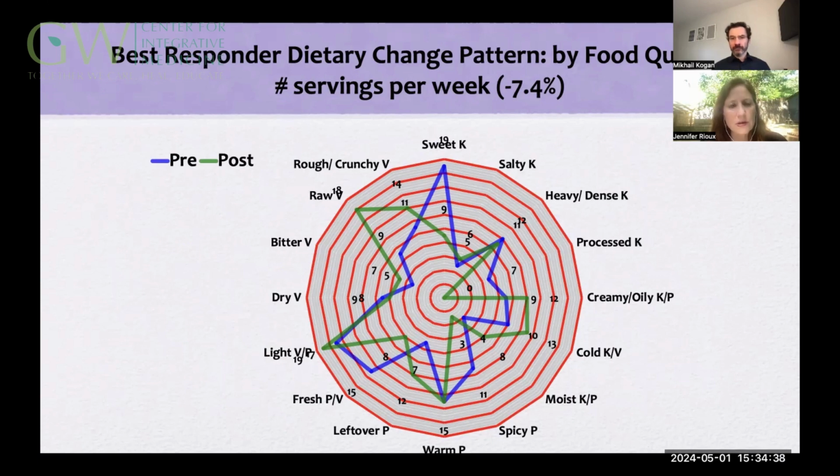Leftover foods are not considered to have great metabolic fire within them. According to Ayurvedic theory, our own metabolic fire is fed by the metabolic fire in our foods. So if we eat a lot of leftovers or food that has compromised metabolic fire, like things that are dried and dehydrated and reconstituted, like bars and things like that, it's really hard for the body to utilize that in a meaningful way. So we get the calories without so much of the nutritional content that we want. This person also, you can see, vastly reduced their intake of the sweet taste,